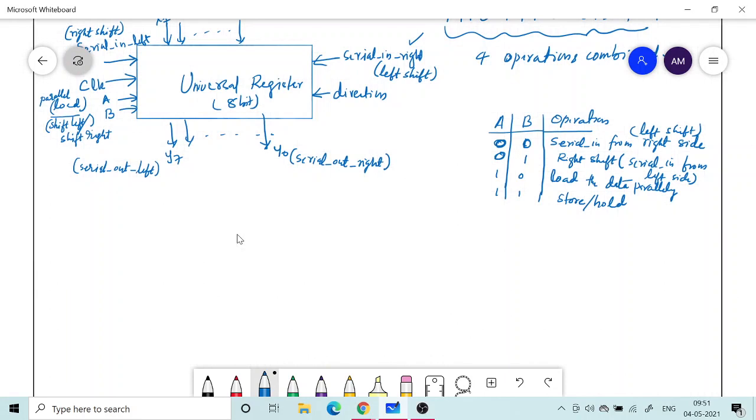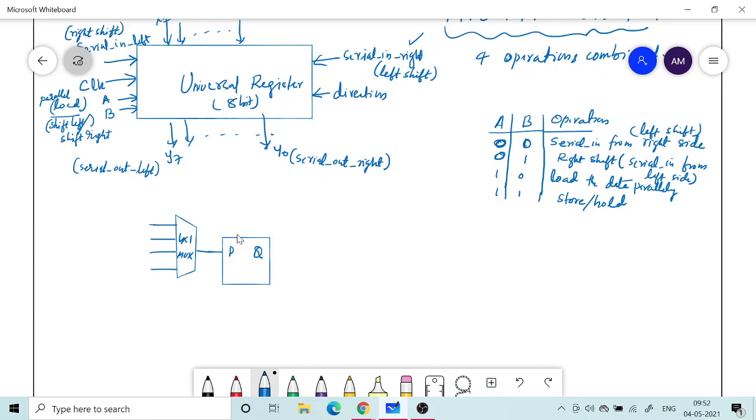Okay, so now if you look at the internal details, how the control signal is going to work, I will just show with respect to one register. So this is a D flip-flop, and the input of the D flip-flop we will give from a multiplexer. Okay, so let me just draw that here itself. So we have a multiplexer, and this multiplexer is now 4x1 mux. So there are 4 inputs.